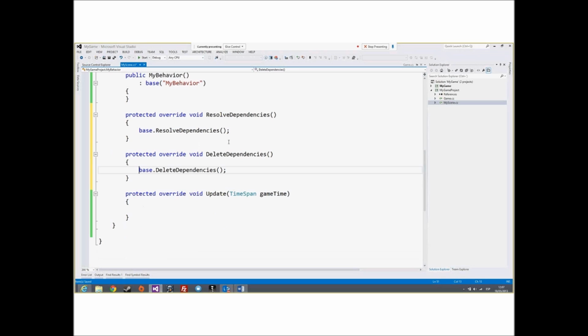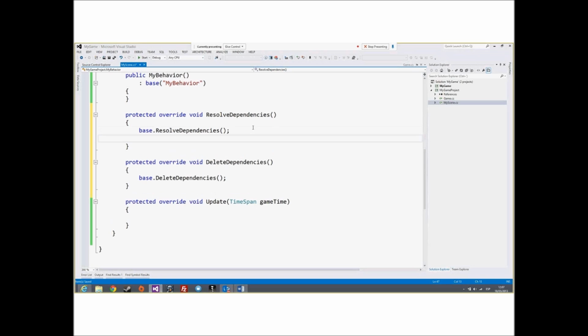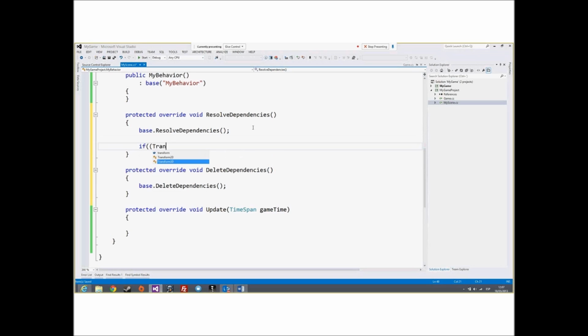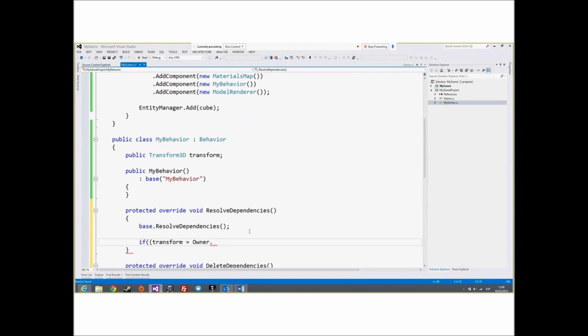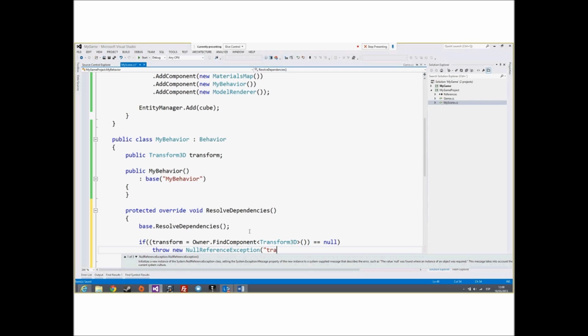where we need to do that manually. In ResolveDependencies, we write if transform equals Owner, the parent entity, Owner.Entity.FindComponent of type Transform3D, and it equals null, new NullReferenceException, transform cannot be null.